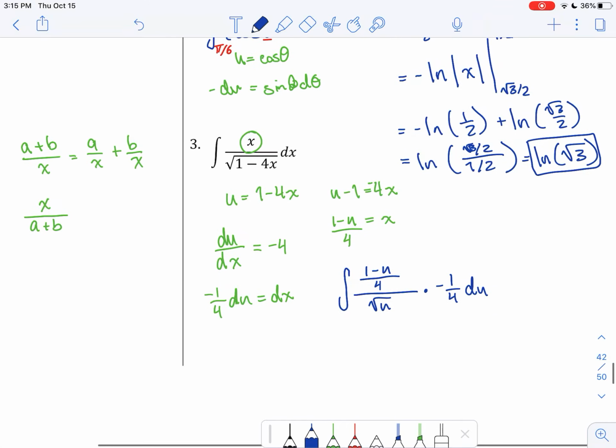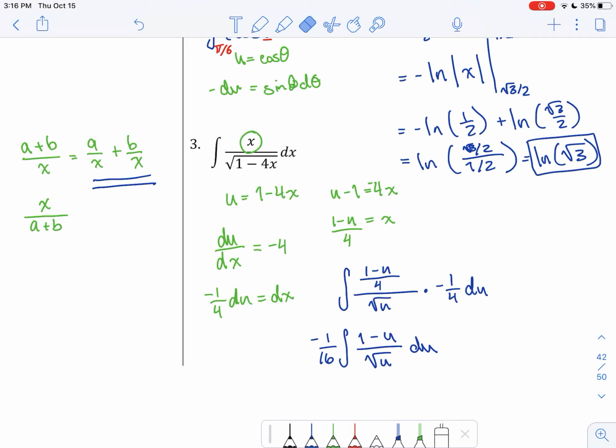But with a little bit of algebraic simplification, we can factor out the 1/4, and we end up with -1/16 as our coefficient, because we're factoring out this fourth here, and we're factoring out the -1/4 here. And then 1 minus u over root u du, which we can simplify further using these steps right here,